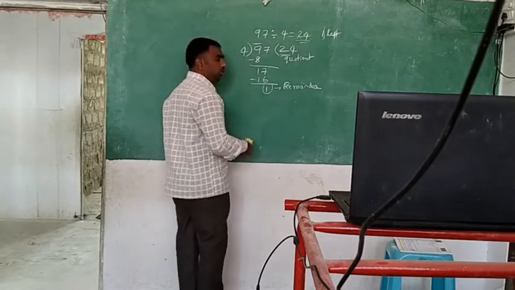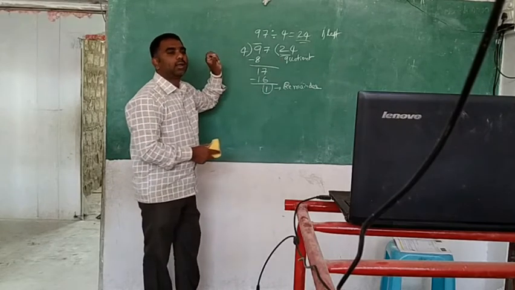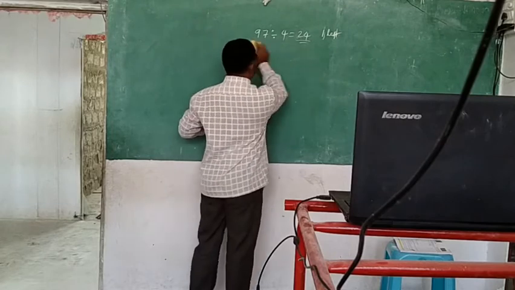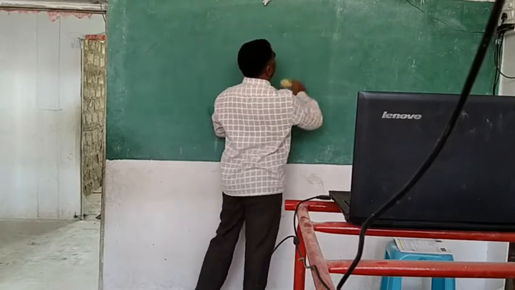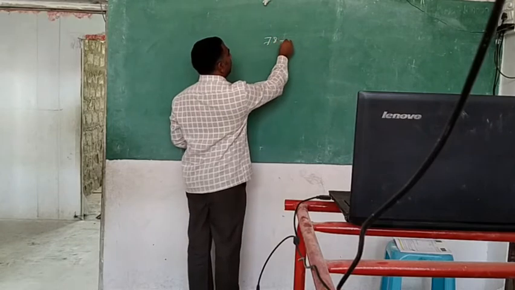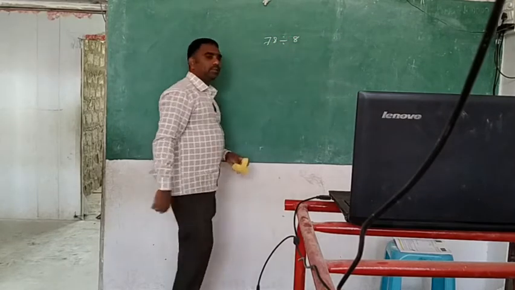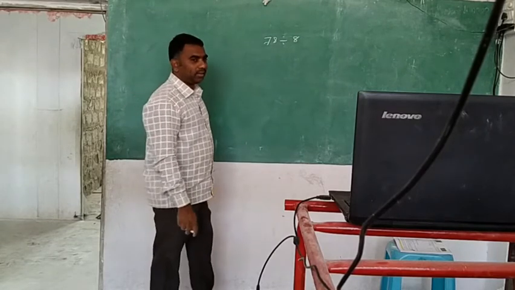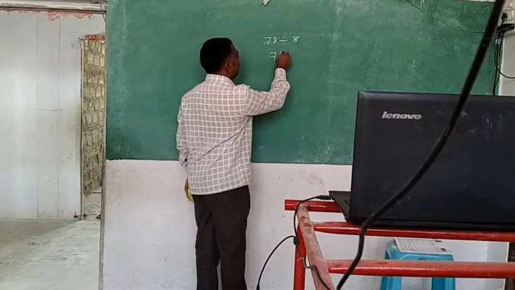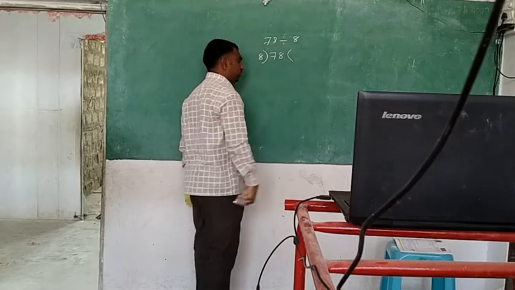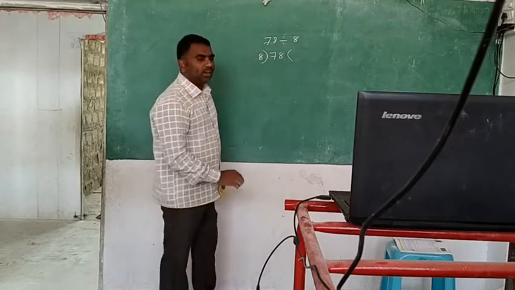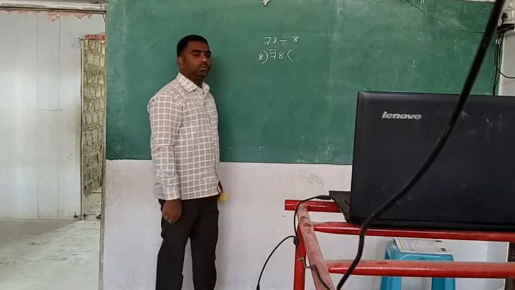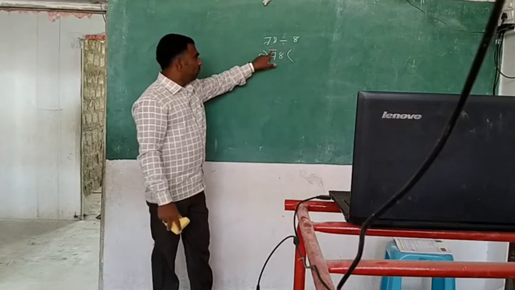Okay? Okay, one more example. Do you understand this example or not? Yes. Okay, one more division. 78 divided by 8. So you will write 78 first and you will take 8. First I said to you, take one number. First consider only one number. Do not take the two numbers. Only one digit you take.